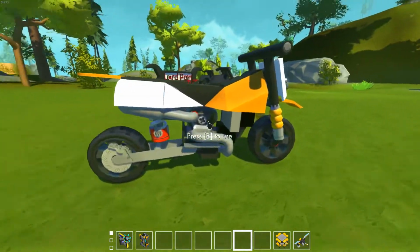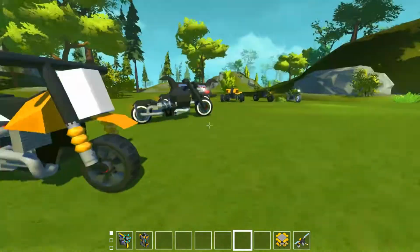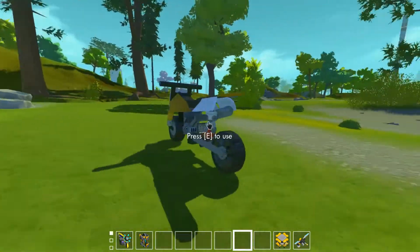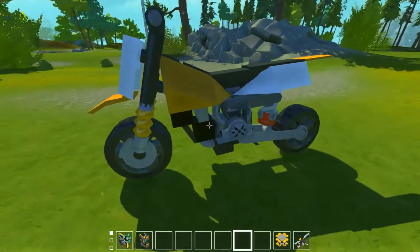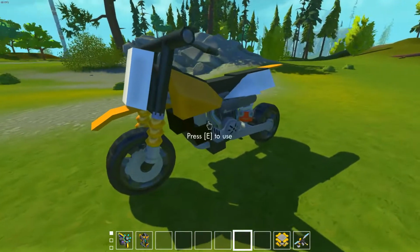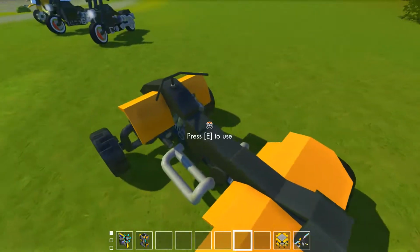So yeah, just a bit of fine tuning, and I think this will also drive as well as that one over there. So, but nevertheless, great looking, cool design, and it's still a very good bike. Yeah. So let's go on with this ATV, this quad,